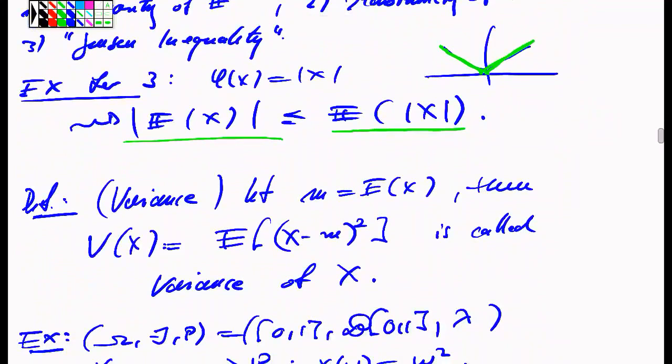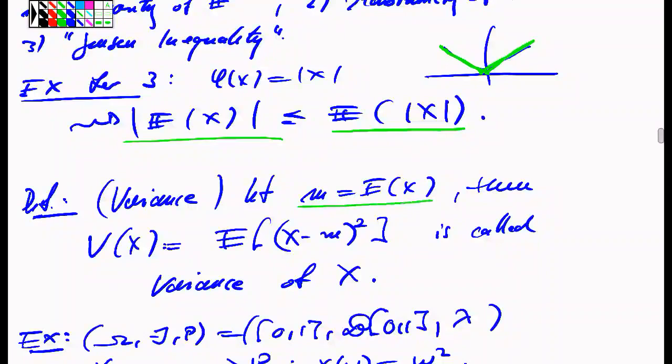Now, the next step, or the next concept we want to use, and which is of tremendous importance in probability theory, is the concept of variance. The variance measures the mean quadratic deviation of a random variable from its mean. Its definition is like this. If you have a real valued random variable with expectation m,